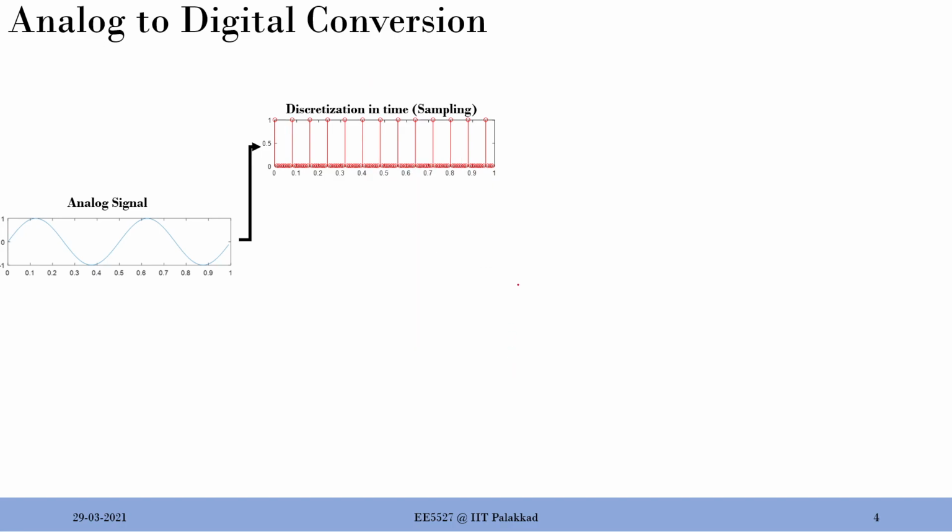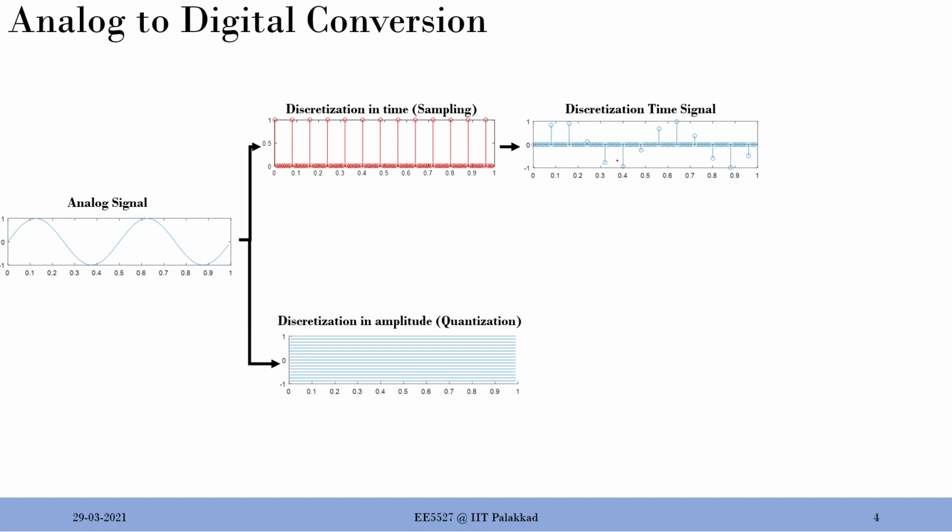Okay, and then we apply the same thing to the amplitude also. Of course I need to show you what the result will be. So this analog signal, if I go with this discretization in time, I may end up getting only these values, ditto. So what we have is only at these time instances. The remaining time instances are all 0. That's what you can see over here. Only some values are preserved, the remaining is all 0. Or you can think of it as multiplying this analog signal with a periodic delta series, and I get this particular signal out. So that's the discretization in time.